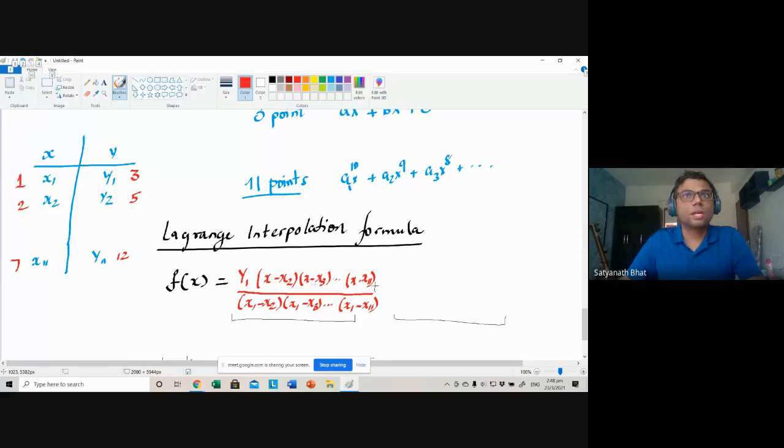Okay. So Tushar, what is the value of f of x2? Everybody can type in the chat, but Tushar, don't look at the chat. Can you tell what is the value of f of x2? No, this is the only term left. This is the only thing that I'm writing. If this is the only term, if I put x equal to x2, what will happen?